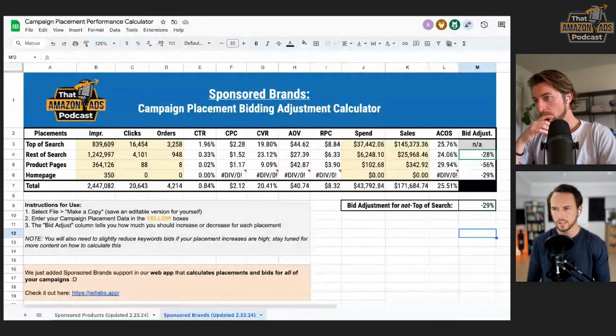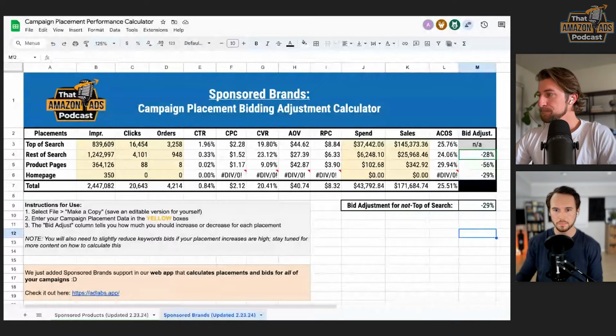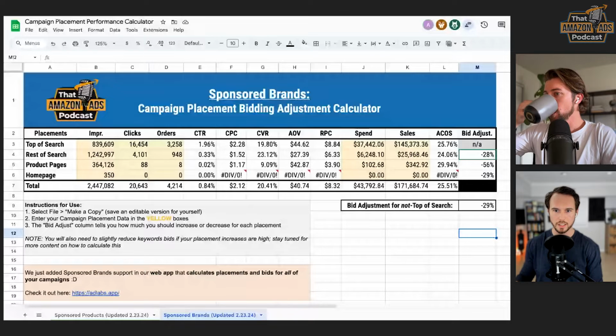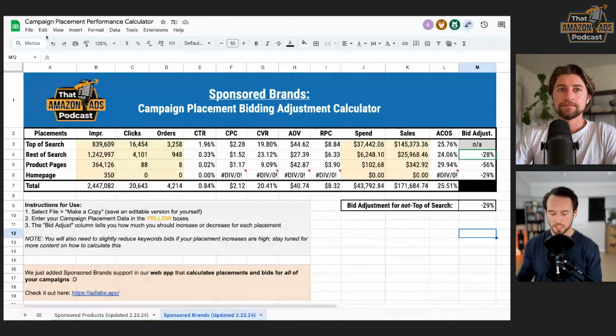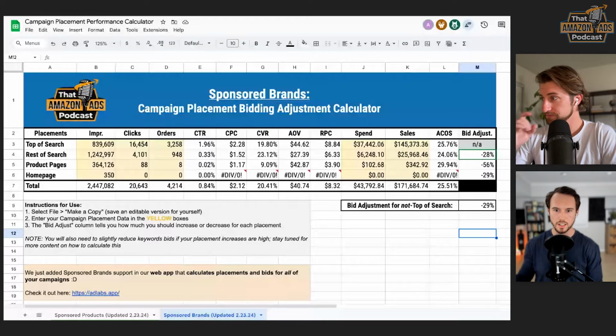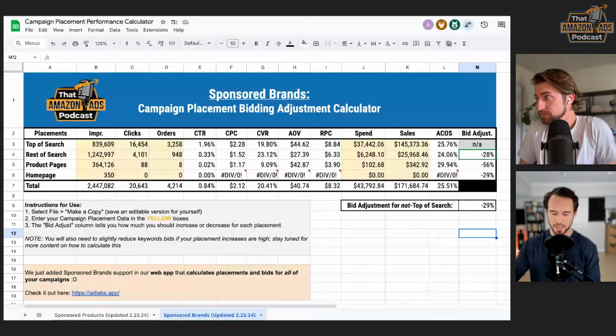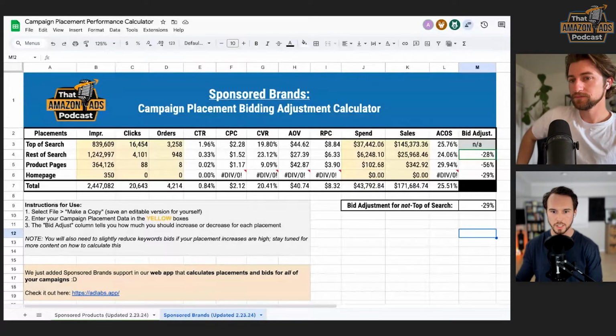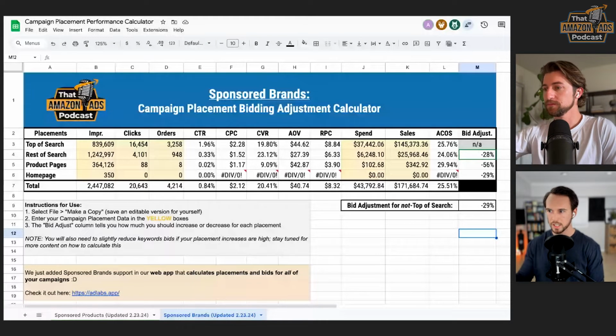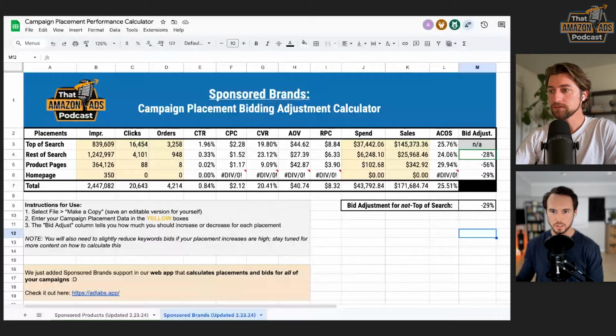Yeah, and I think it's important everybody knows this too: by default, whenever you're going in and setting up a sponsored brand ad campaign in the console, Amazon will have selected a toggle that says automatically optimize bids for placements, which is essentially giving Amazon the control to manipulate these bid adjustments on your other non-top of search placements. So it's important to know that's going to be selected by default if you're doing it manually. You'll want to deselect that to open up the capability for you to do this.